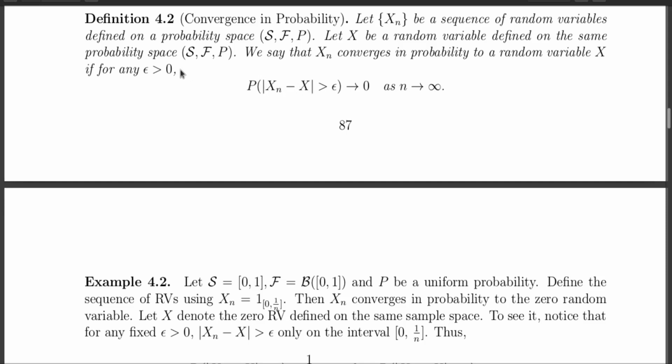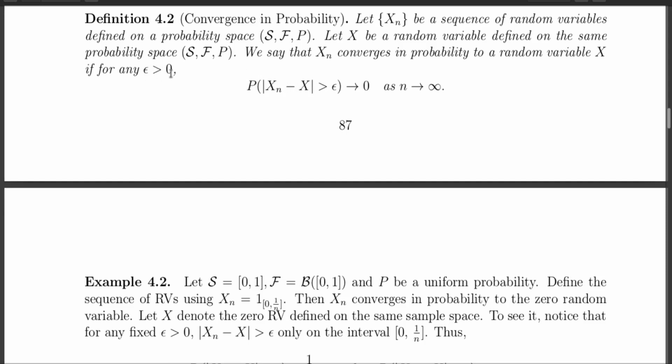So what I am doing here is, for every epsilon greater than 0, that basically means that epsilon could be very close to 0, or epsilon could be quite big. And the interesting part is obviously when epsilon is quite small, because if this is true for small epsilon, that actually implies it is true for bigger epsilon. But if this is true for big epsilon, that does not mean that this is true for smaller epsilon. Okay, so I need to check this one